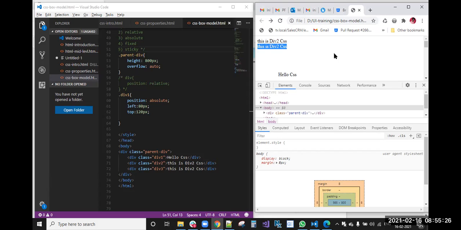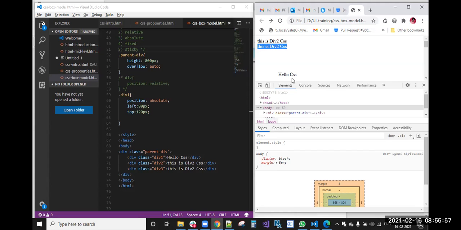By default, the document is the position relative element. If you are not applying position relative to any other element, then by default the document will be taken as the position relative element, and according to that document it will calculate up to here 100 pixels and move. So the difference between position relative and absolute is that a relative element moves 100 pixels from the top from where its position is.